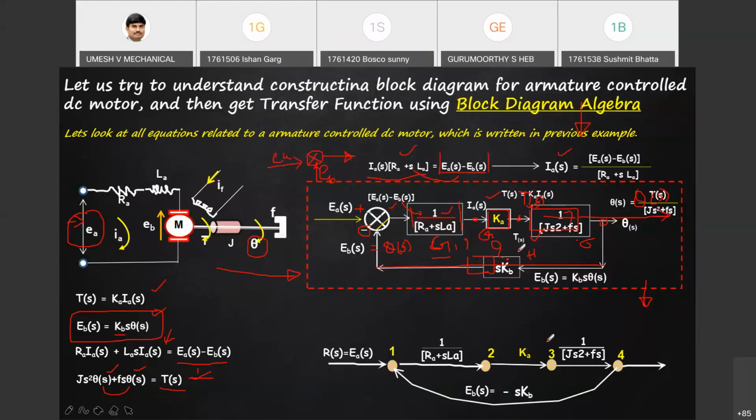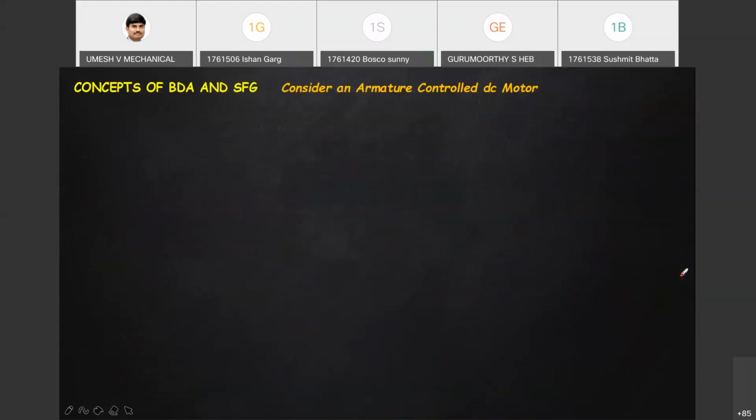They are all in series. You can multiply, not a problem. In between, no takeoff. Takeoff happens only at point 4. So this way also you can represent this entire system. This is another way of representing. This is called signal flow graph. This is the next chapter. Anyway, I have taken this problem. I am just trying to show you how the system can be represented in terms of block diagram and signal flow graph. Now, focus only on this block diagram and let us see some of the simple steps that we need to modify.